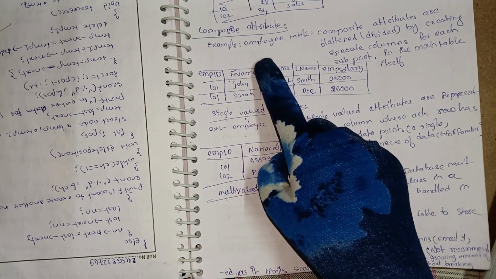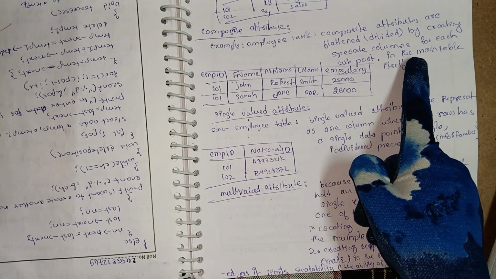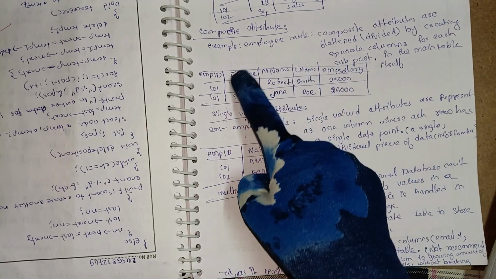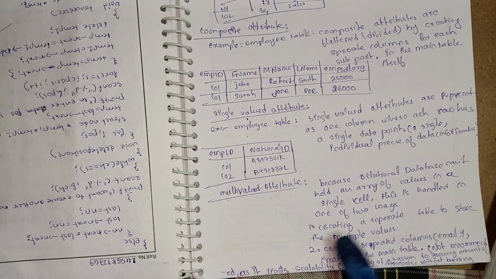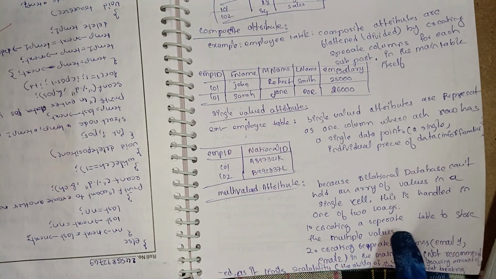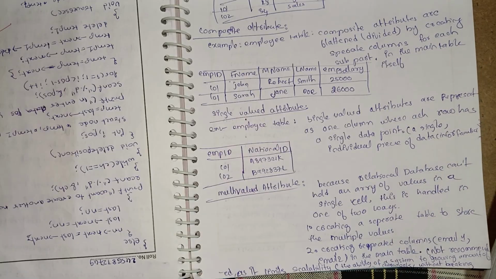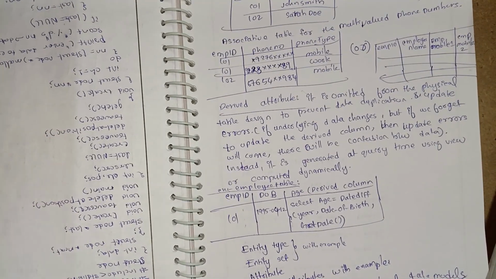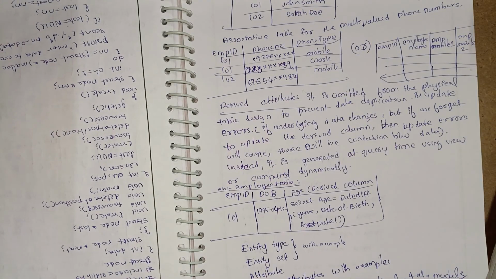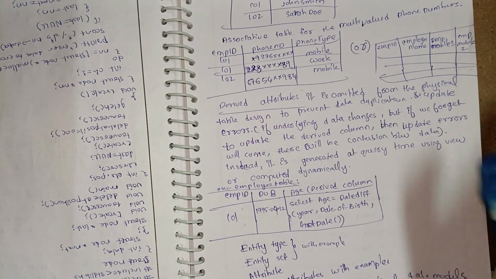So in the case of composite attributes, we included them in the main table itself, but for multi-valued attributes we are creating a separate table for storing the multiple values, like email id 1, email id 2, email id 3 and so on, for that particular email column. So how are we storing it by separating tables? Here in the example, an employee table is there,